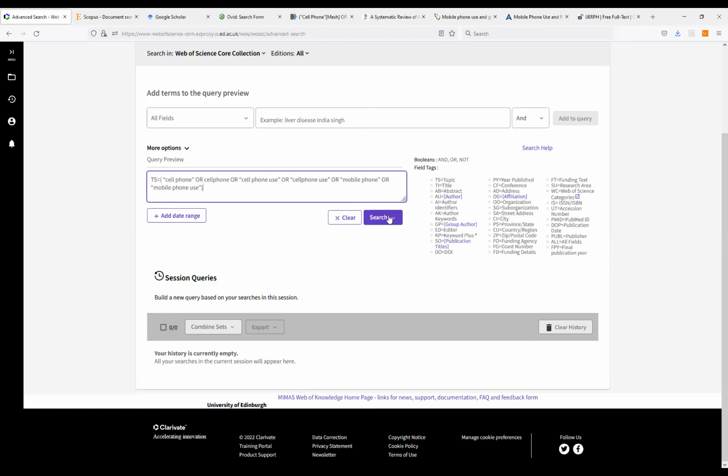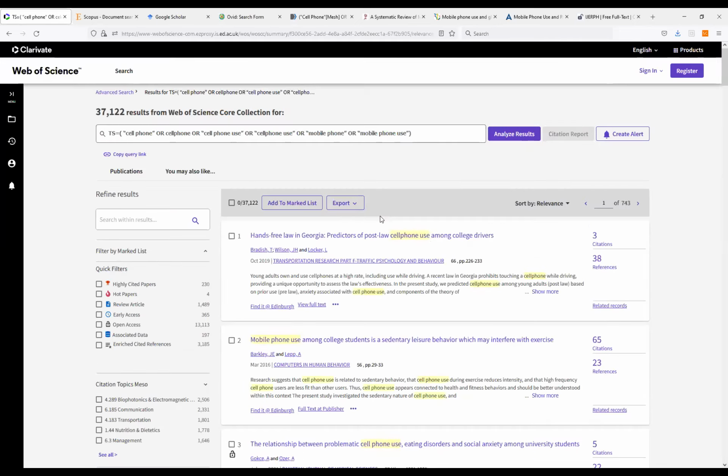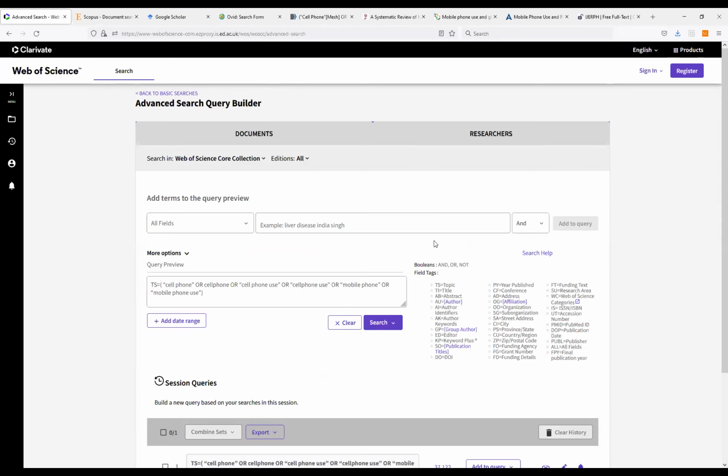Yep. So this is what I have, and I will search this. And so when I search, for the mobile phones, it gave me 37,000 plus. And I'll go back to advanced search. The TS is topics. So I'm looking for topics, not just title. I'm looking for topics. So you should search broader than